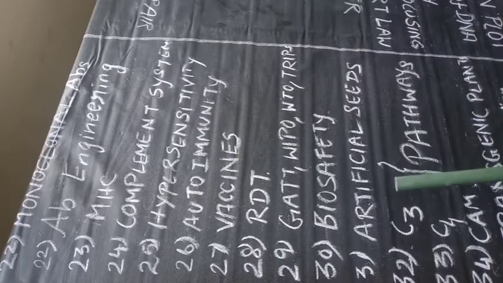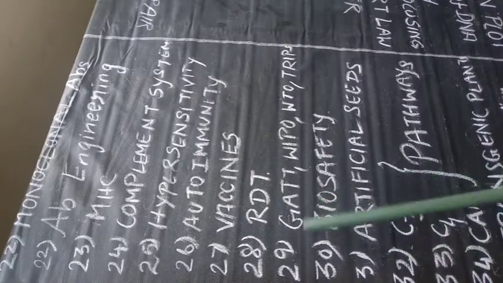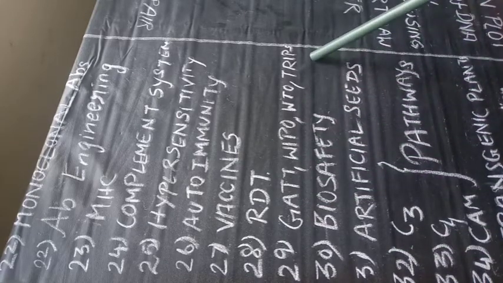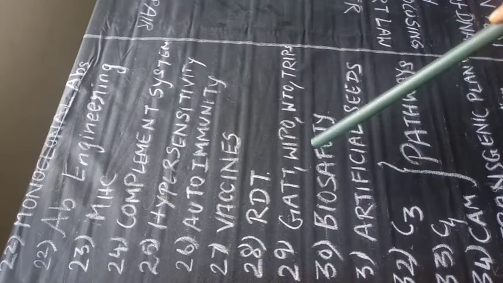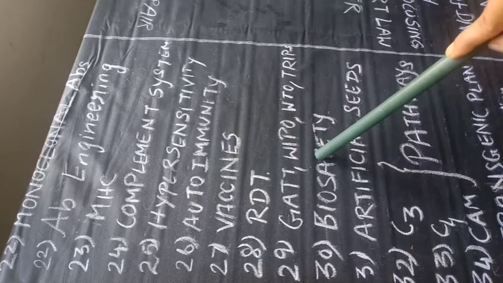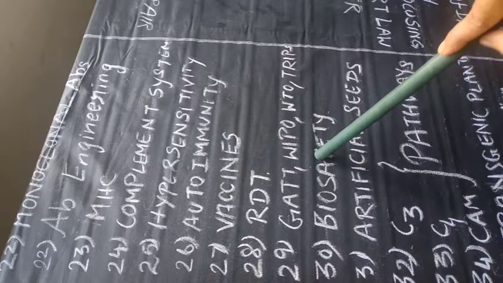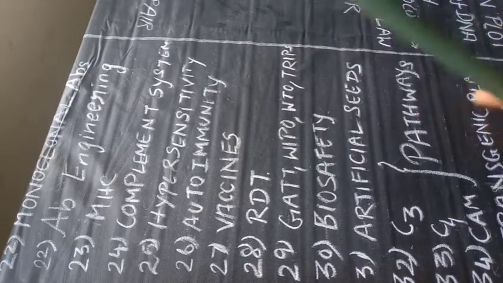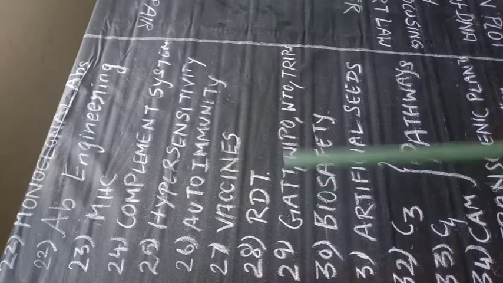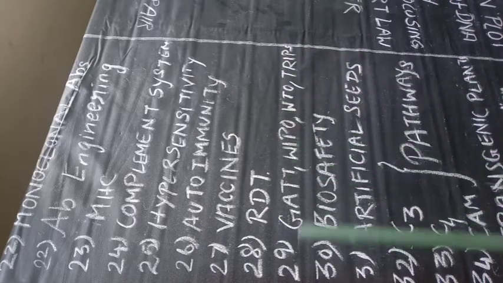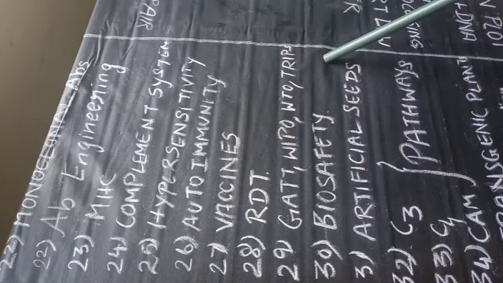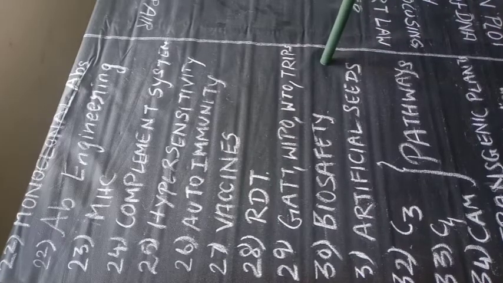Next thing is this: know the definitions of GATT, WIPO, WTO, TRIPS. These come under patents. You should know about the different types of patent, trademark, and copyright. And they will also ask about history, like the Basmati rice case and the turmeric case. If you search for popular patent cases in the world, a list of many case studies will come, so refer to those things also.